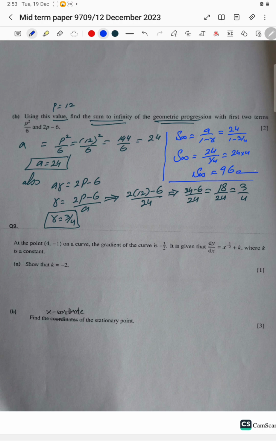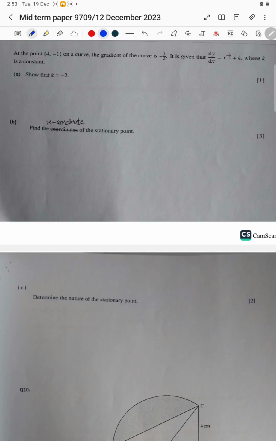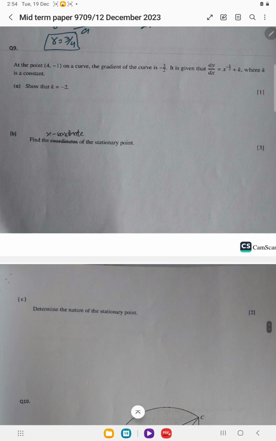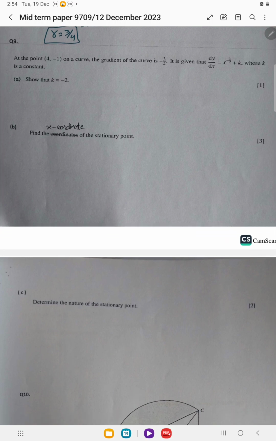That is the answer. Okay, similarly proceed to the next question. Okay guys, here the next question. In question number 9, it's given that the point (4, -1) is on a curve. The gradient of the curve is this,